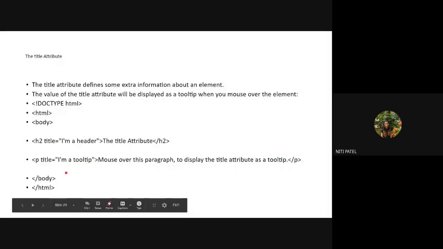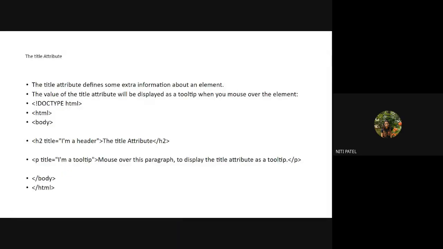Okay. So before we end up, let us take a small revision about what we have done today. We have seen what is an HTML. We have seen what is the full form of HTML. We have seen what is the structure of an HTML. We have seen what are elements of HTML. We have seen one of the empty elements called break. Then we have seen attributes of HTML.